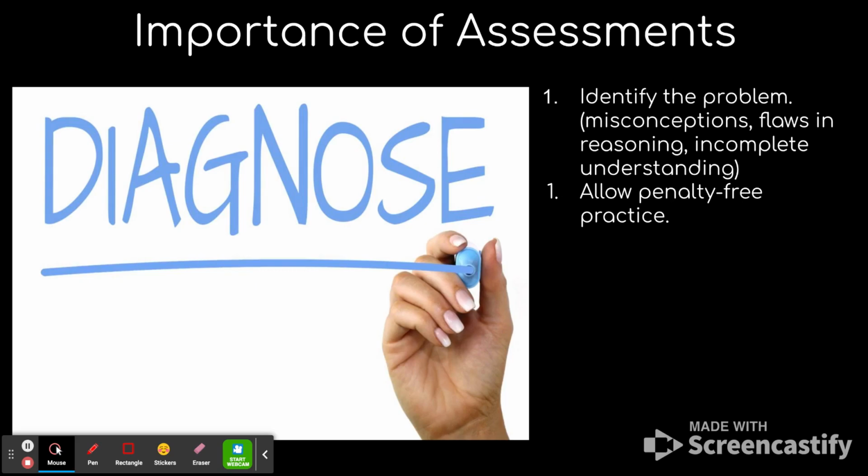And a formal assessment, I often say, and we'll see this again in a minute, is more of an autopsy. By the time you get to the autopsy, the diagnosis is moot. I mean, the point is over. So if you get to that autopsy type of summative before the kids have a chance to practice penalty free, or at least with minor grades, then we never get to diagnose as much as we could have. And then we have these major shocks and surprises when we get to those summative assessments.